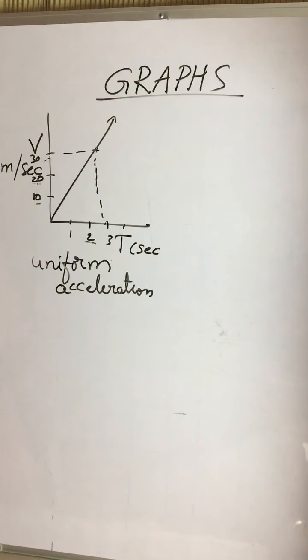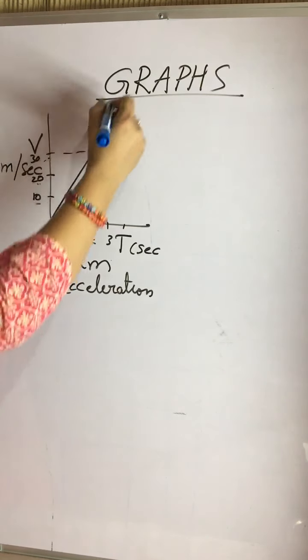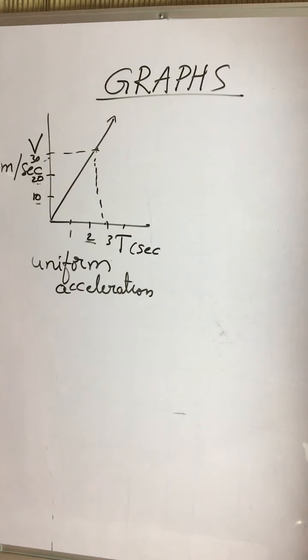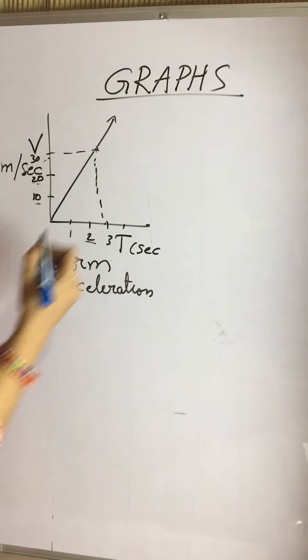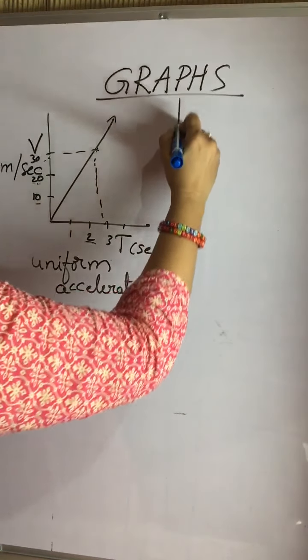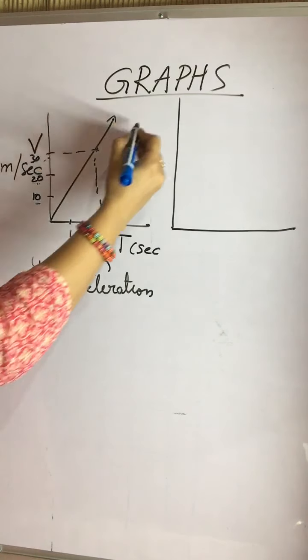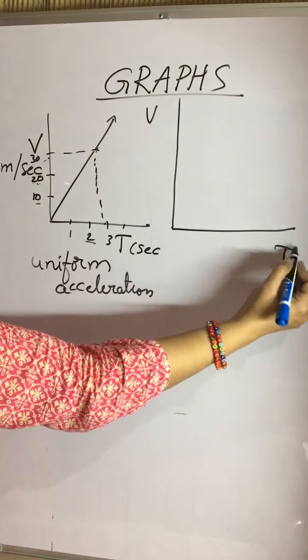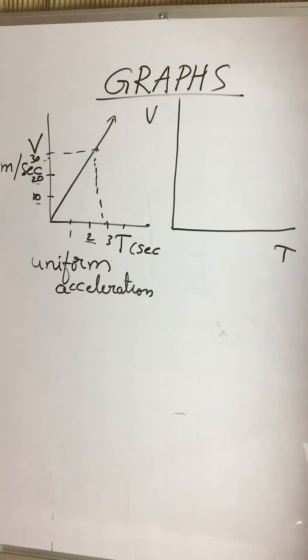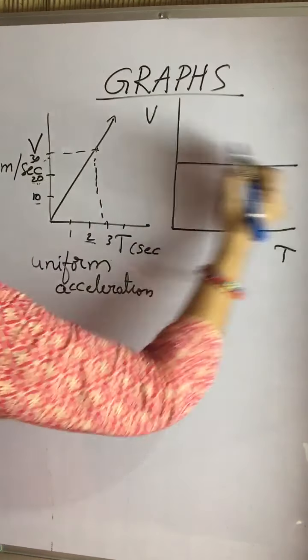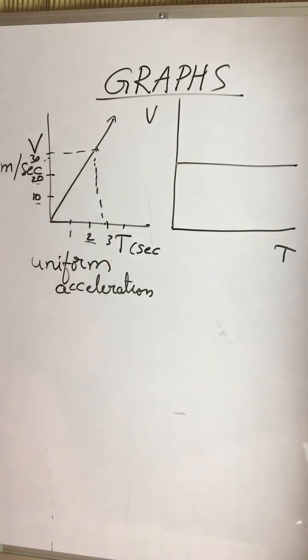The velocity time graph showing this linear graph, you read as uniform acceleration. Let us move on to the next graph, students. See, this also I have taken velocity time. Now the second graph I will draw like this. How can you read it? Just pause the video and try to read.